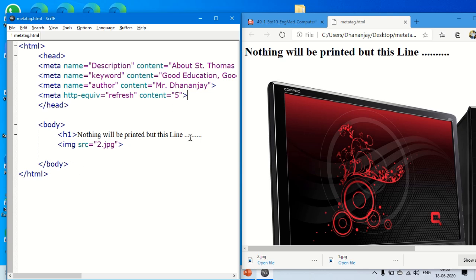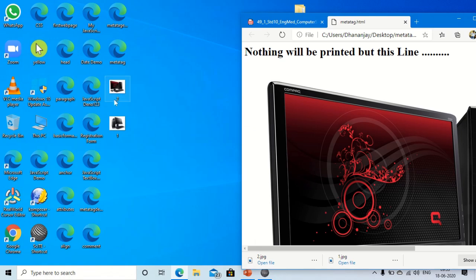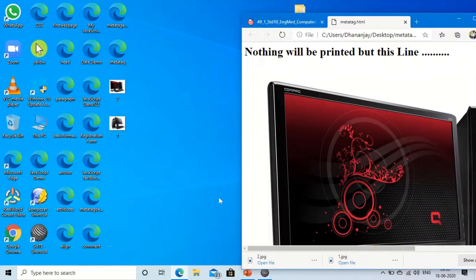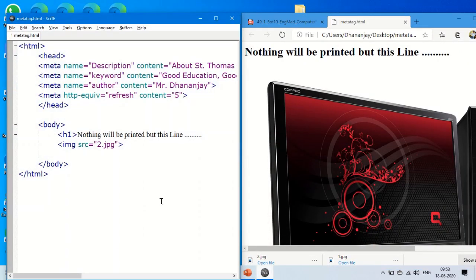Suppose here I have inserted image 2. You can see this is the image I have inserted. Let me give 1 instead of 2 here, and let's see what is happening. I am going to give 1 and save it.